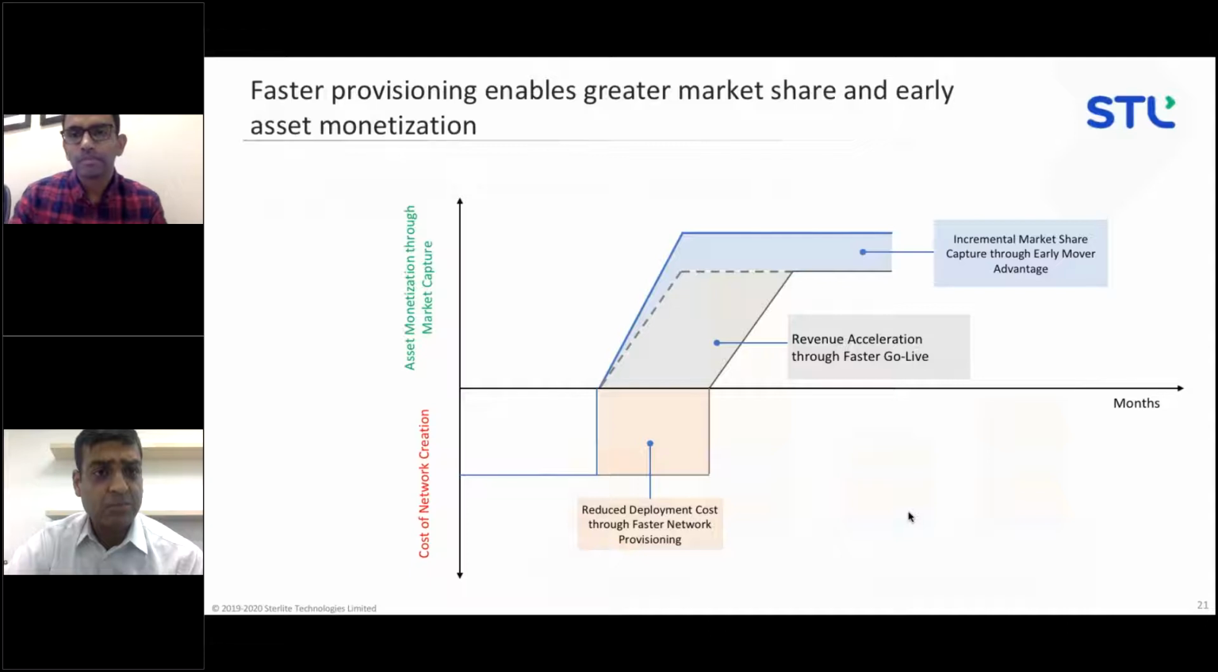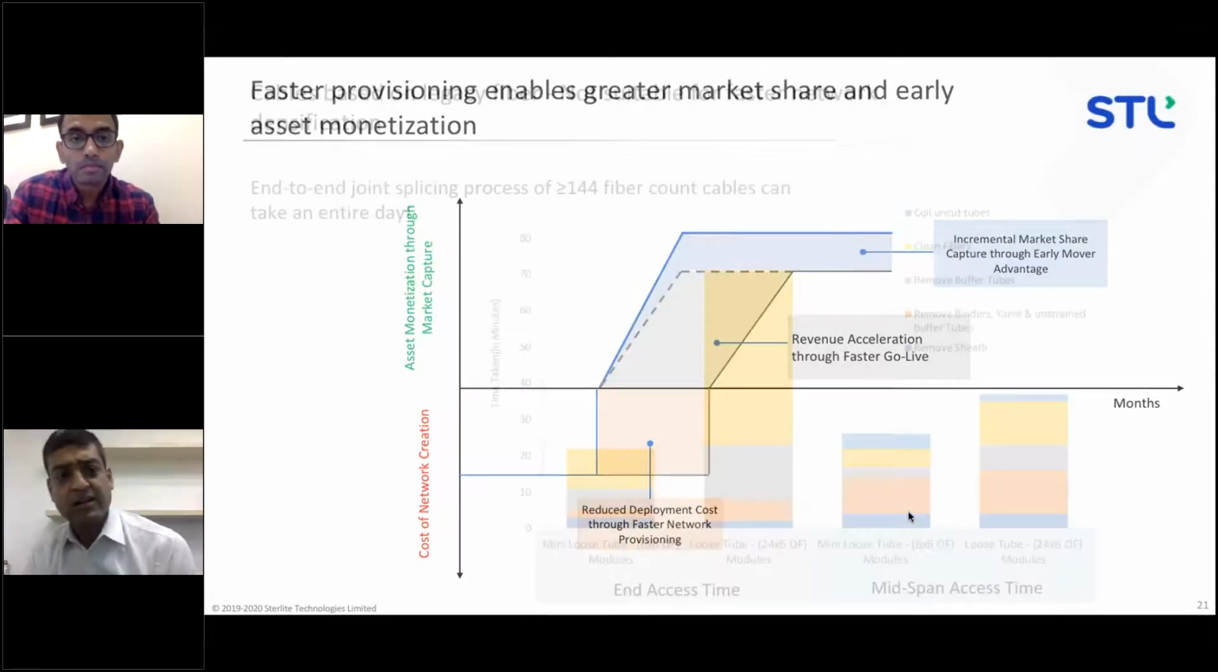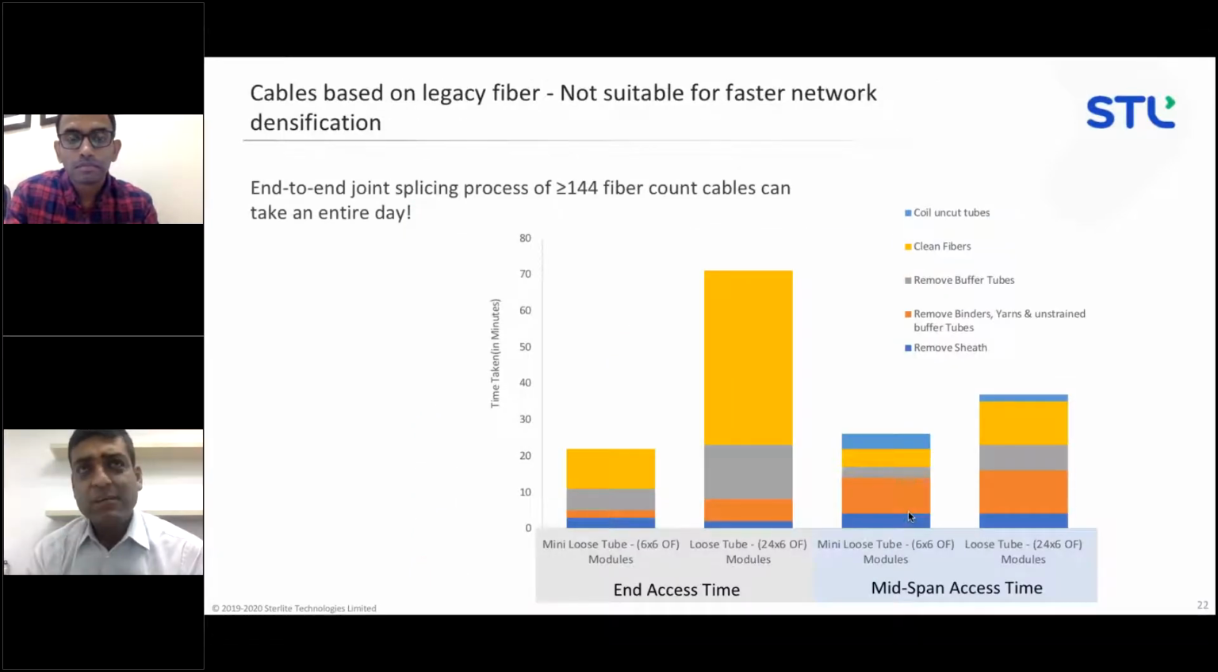So, touching upon the cable aspect of it again, we talked about the footprint of the cables, but the other aspect that we need to talk about is how we deploy these cables. What is the preparation that is needed when you terminate these cables, or what is the midspan access that you have? Again, without going into too much detail about this graph, what we have seen is that